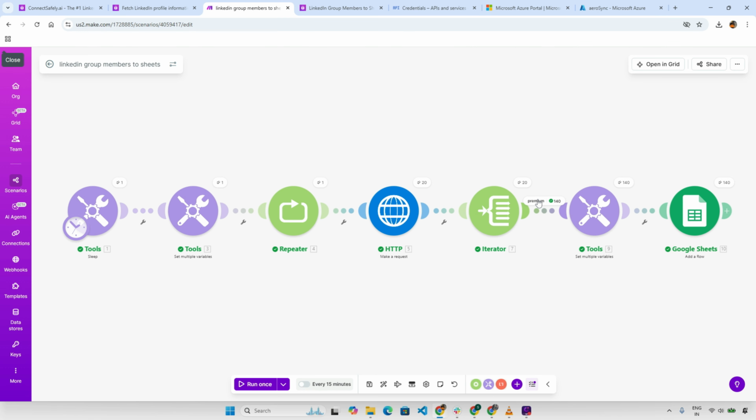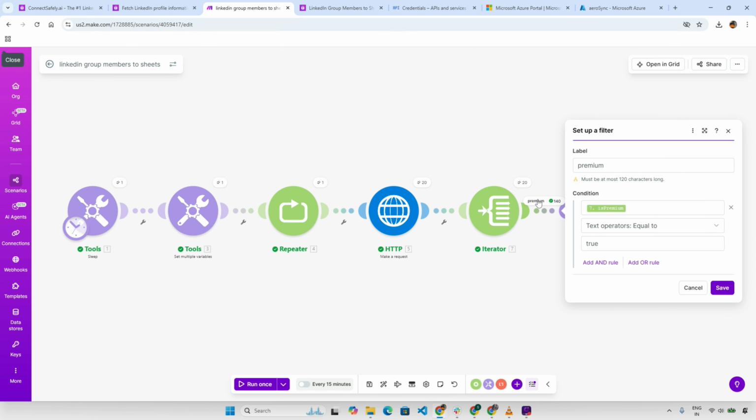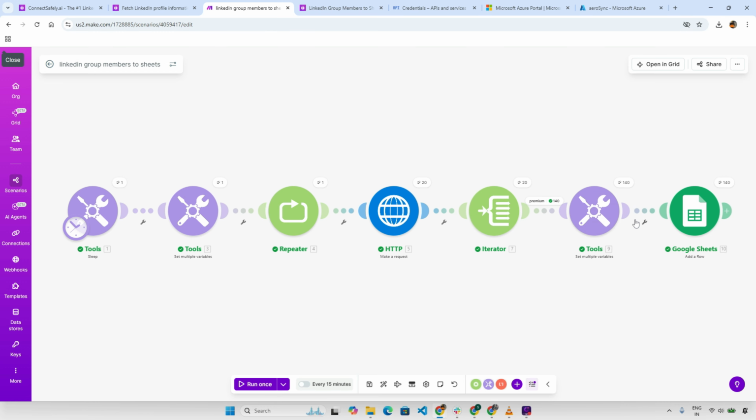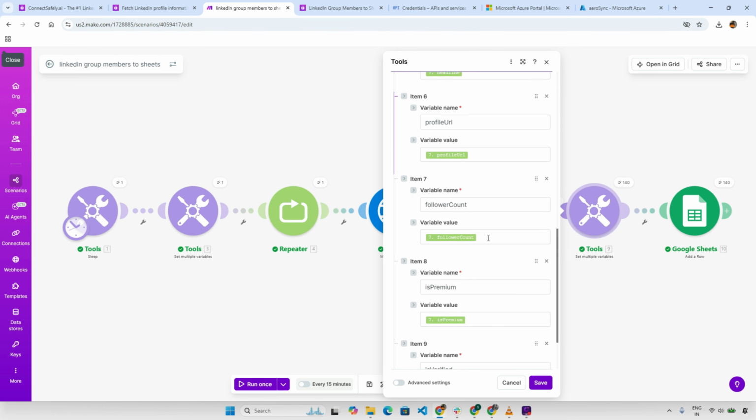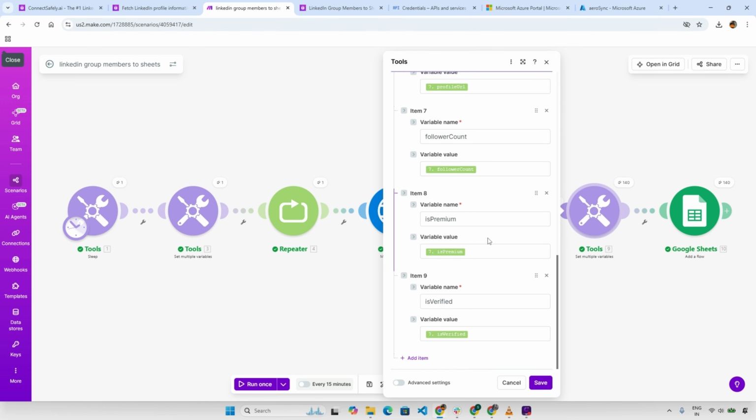Here's where it gets smart. The Set Variables module has a built-in filter that only processes members where premium equals true. It extracts 9 fields per member: profile ID, first name, last name, full name, headline, profile URL, follower count, premium